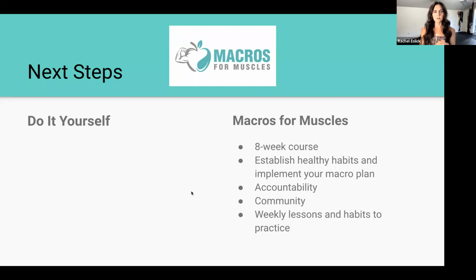Before I talk about what to do next, really what I want you to do after you get your numbers, I would suggest using something like MyFitnessPal or some sort of a calorie tracker. Put your numbers into the goals of MyFitnessPal and start tracking your food and just see how it goes for you. Try to hit your calories, try to hit your protein. So the next step is start to do these things. If you have your custom numbers, if you have your calories and your protein, start trying to implement it.